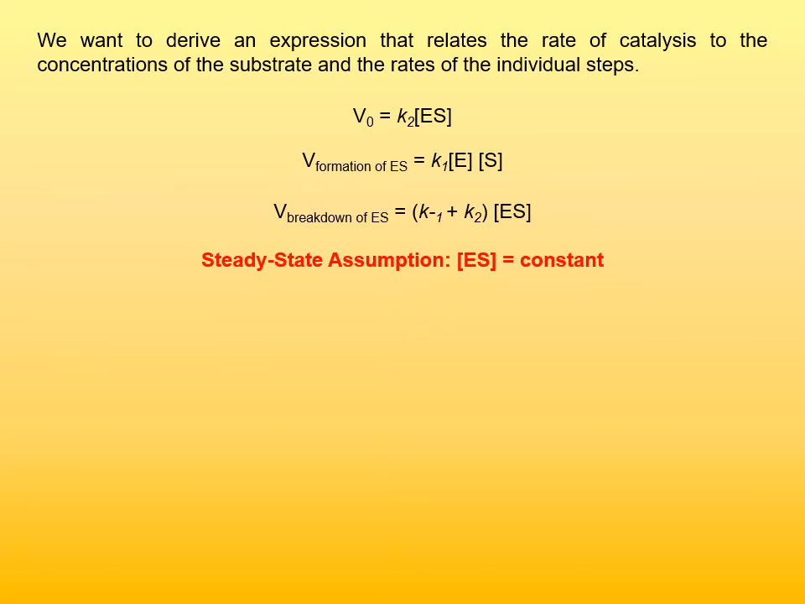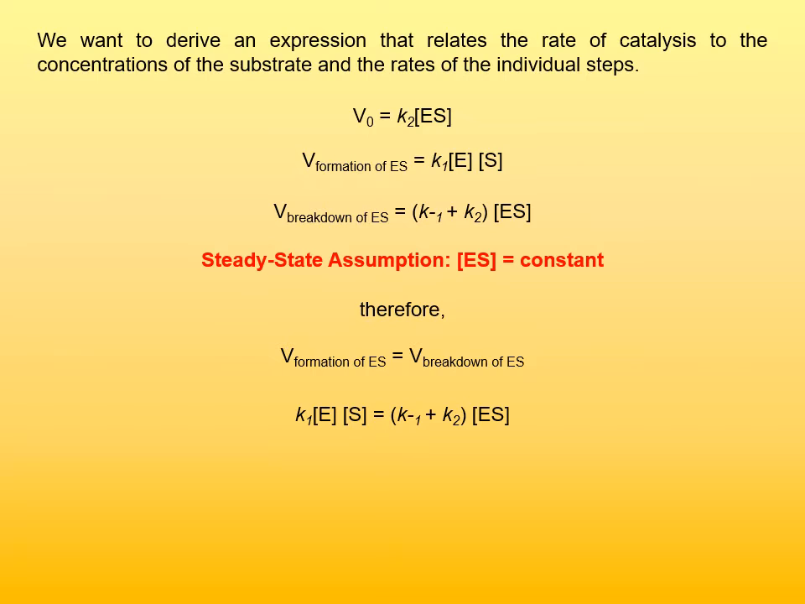And here is the steady state assumption that is very important for derivation of the Michaelis-Menten equation. The steady state assumption is that the concentration of enzyme-substrate complex is constant. If that's the case, that means that the rate of formation of enzyme-substrate complex equals the rate of breakdown of enzyme-substrate complex. And so when we replace appropriate equations for the rate of formation and rate of breakdown, we end up with this